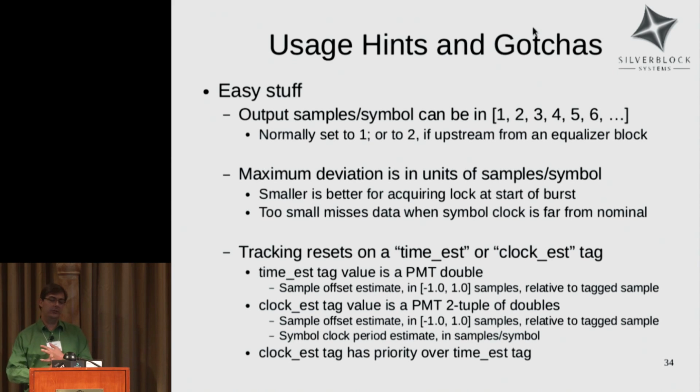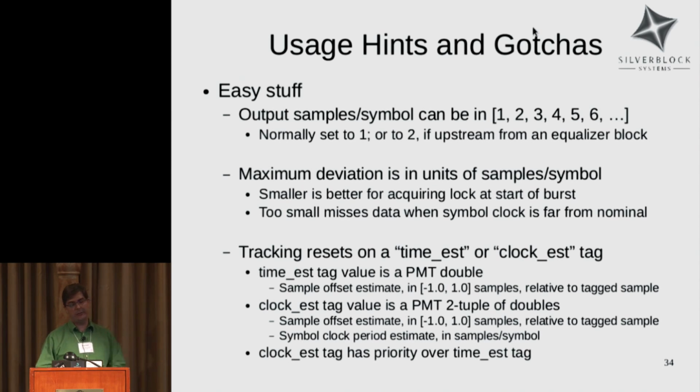The maximum deviation is in units of samples per symbol. The smaller is better for acquiring the lock at the start of a burst. Too small and you'll miss data when the symbol clock that you receive is far from the expected nominal. The tracking resets on this block on the time est tag, or a new tag interpretation I have is clock